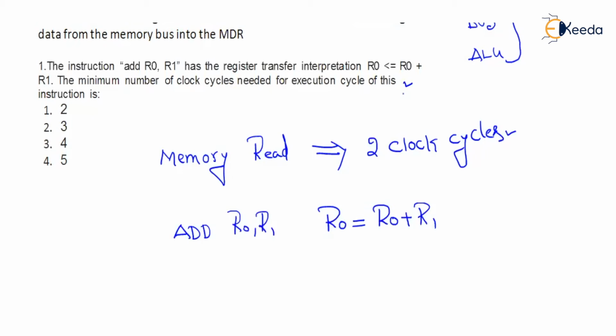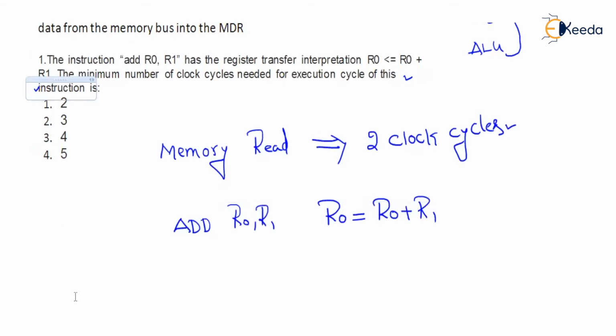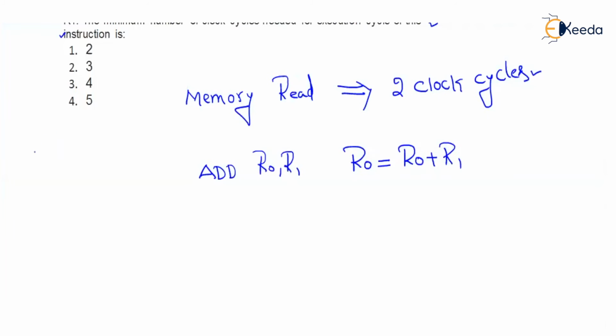For executing this program, rather, this instruction, it's not a program, it's an instruction, how many clock cycles are actually required? This is the question. There are some things we'll recollect regarding the ALU. The first important point we need to recollect before solving the question is that the ALU takes